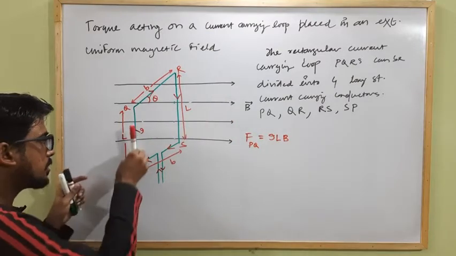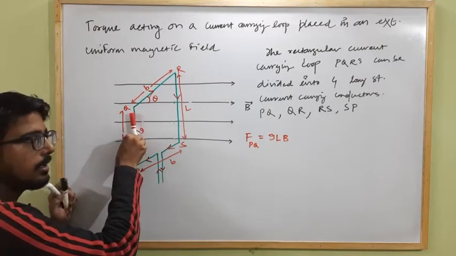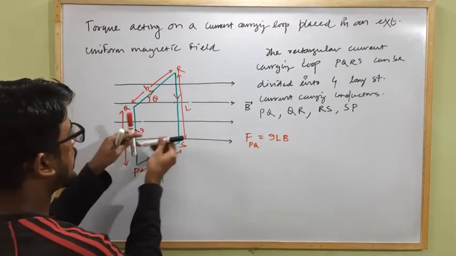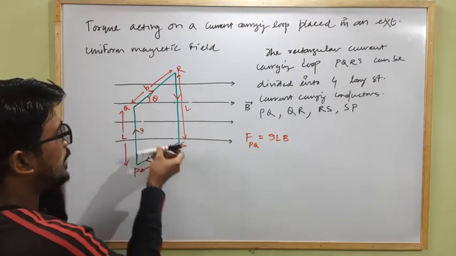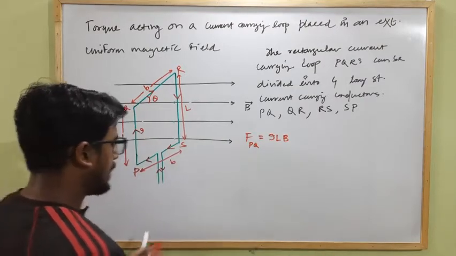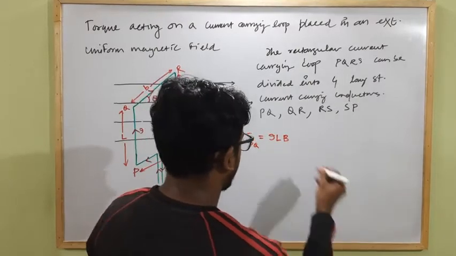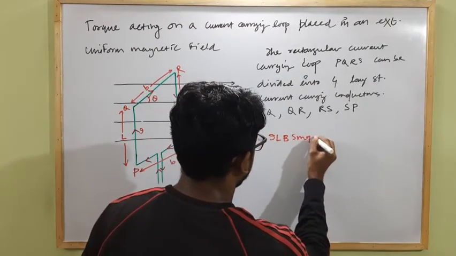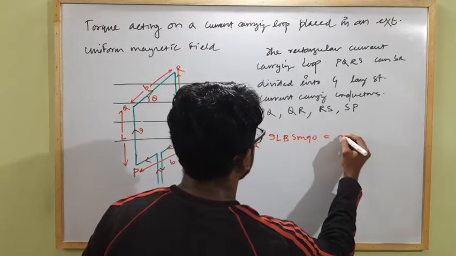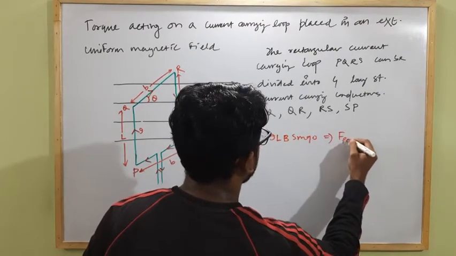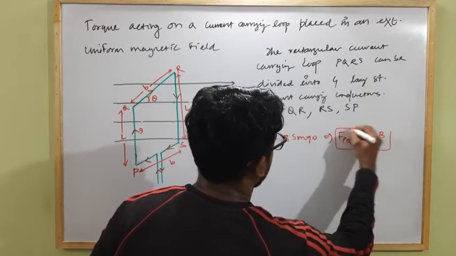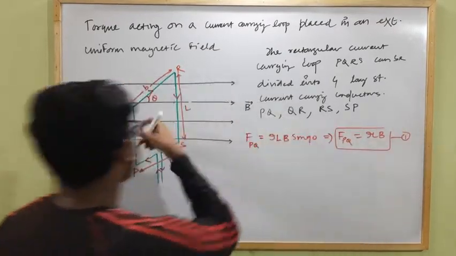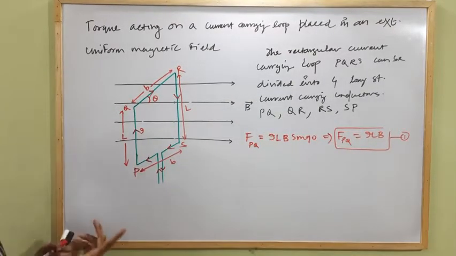Here this is the direction of current I, and this is the direction of magnetic field strength B. So what is the angle between these two? It is 90. So it will be ILB sin 90, which is equal to F_PQ equal to ILB. Let it be equation 1,